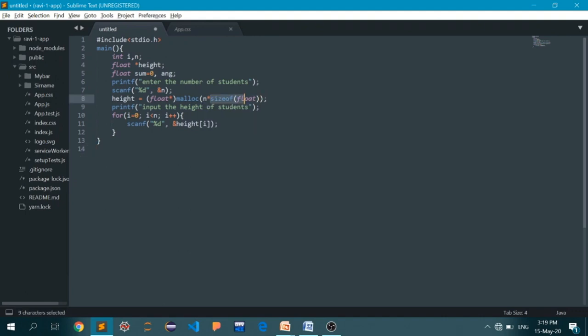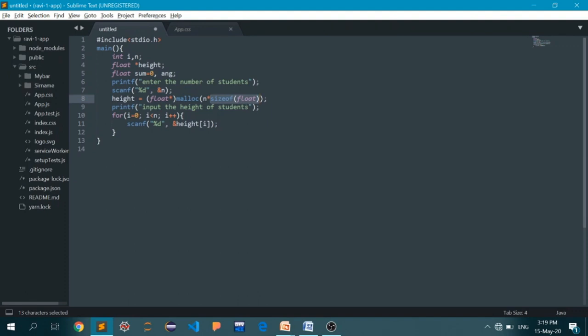The size of a single float is usually 4 bytes. So to store the height of a student in a float, the compiler would require at least 4 bytes of memory.